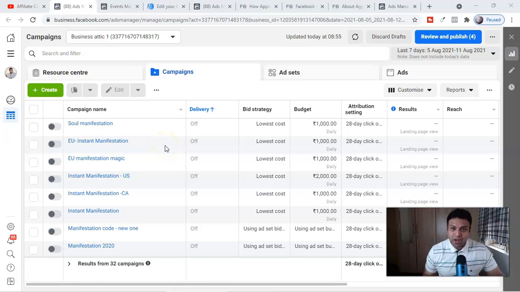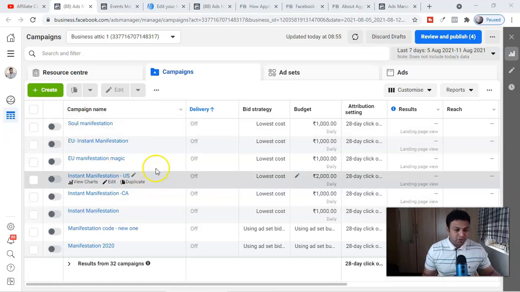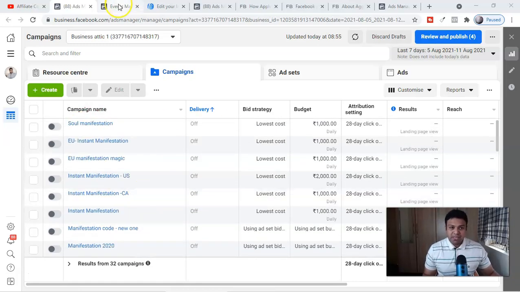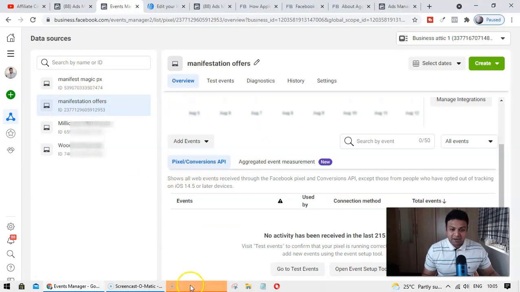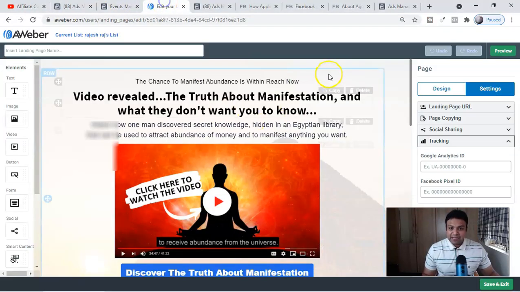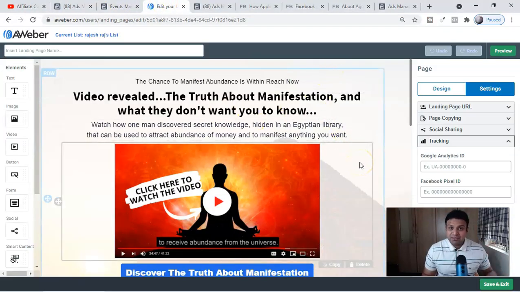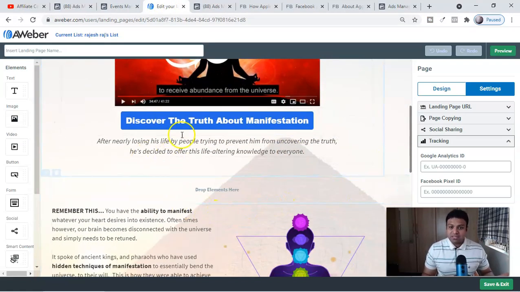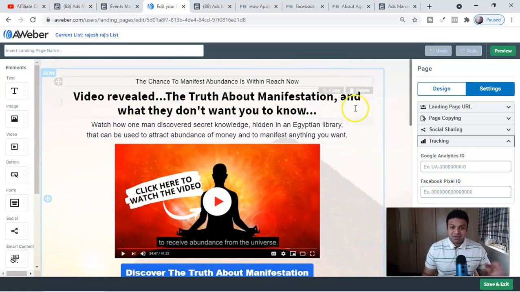How to run Facebook ad for affiliate marketing after Apple iOS 14 update. So guys, if you are running Facebook ad for promoting the ClickBank offer or any offer like me, what generally you're doing is you might be using the Facebook pixel in your landing page. So that, guys, you can track the events or the activities by the user or the audience, right? You use the Facebook pixel ID over here or sometimes the codes, okay, so that you can track the activities.